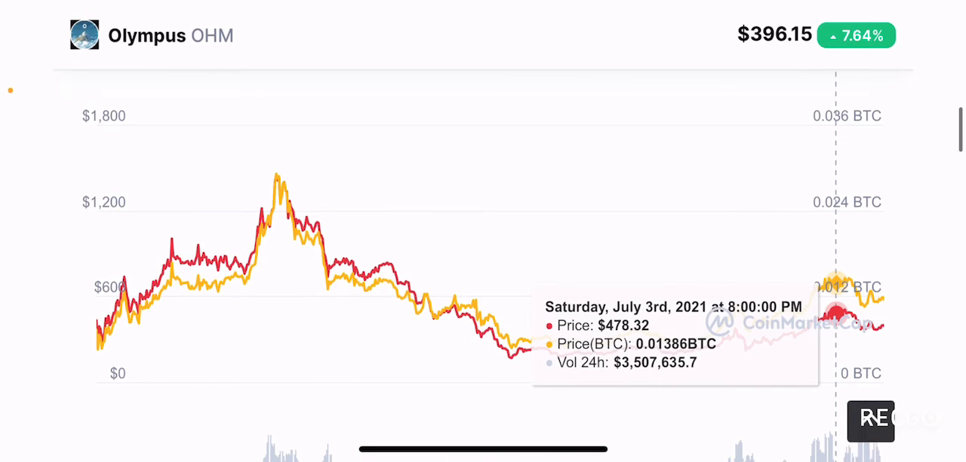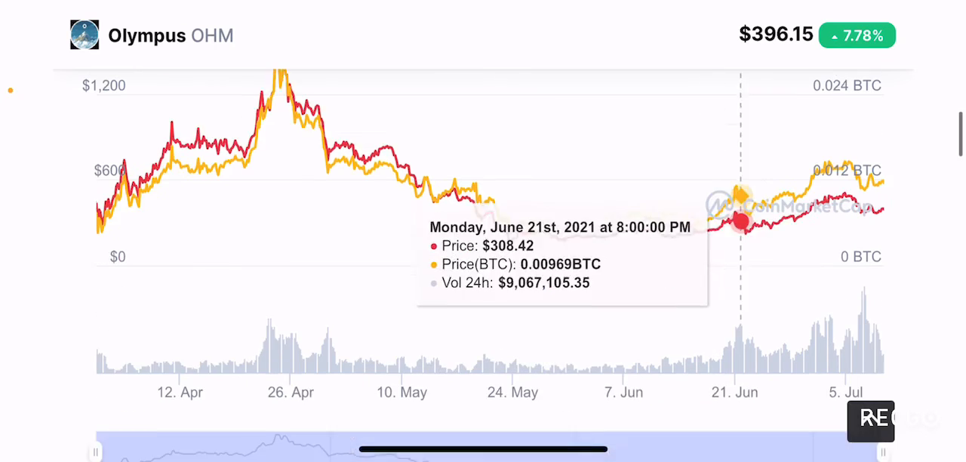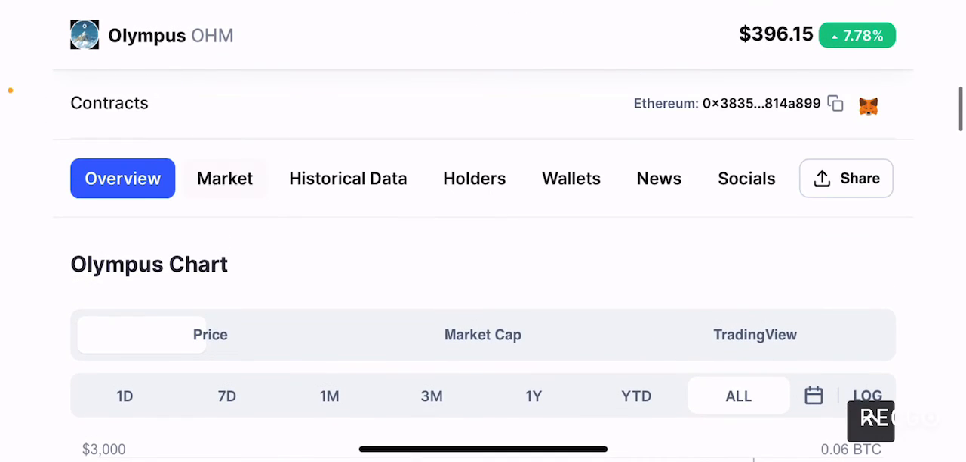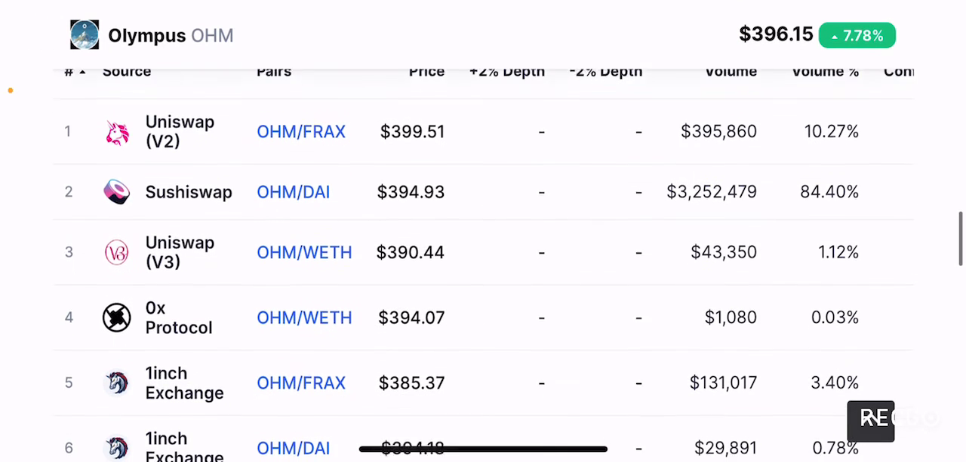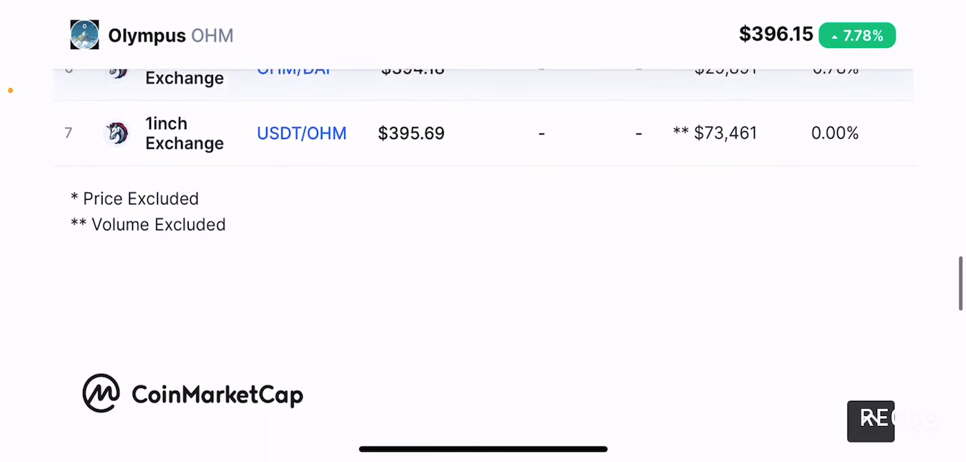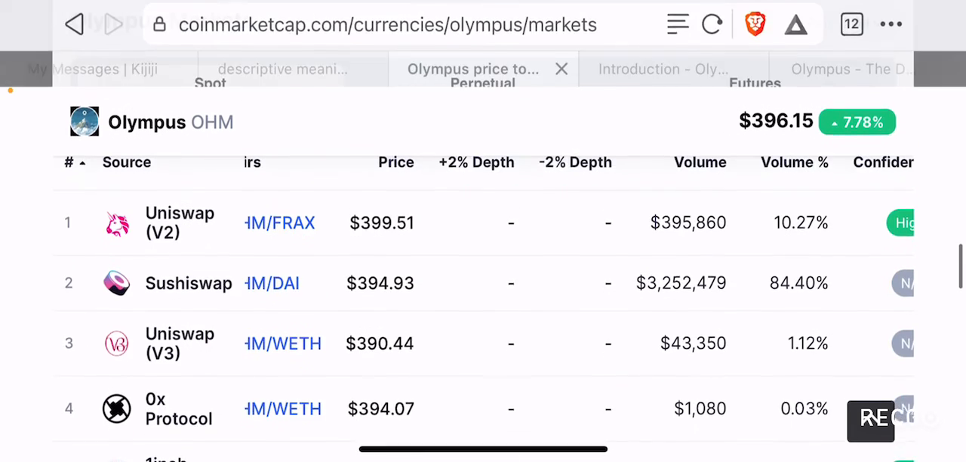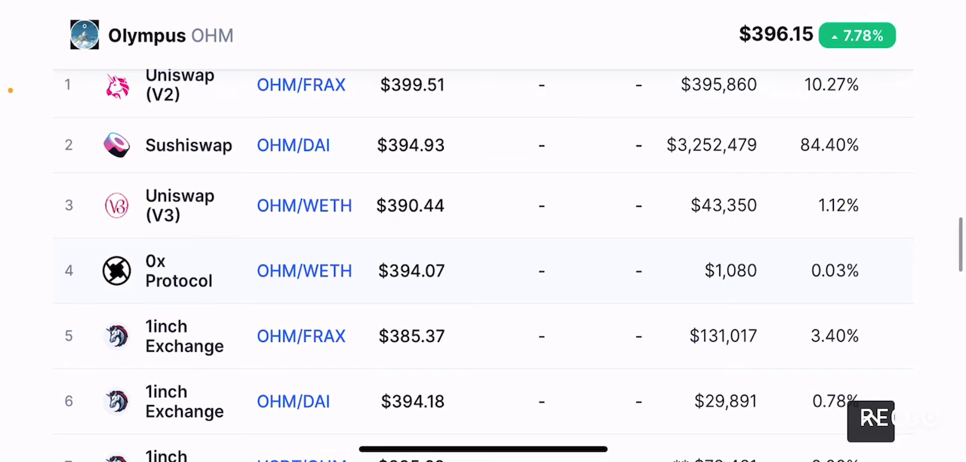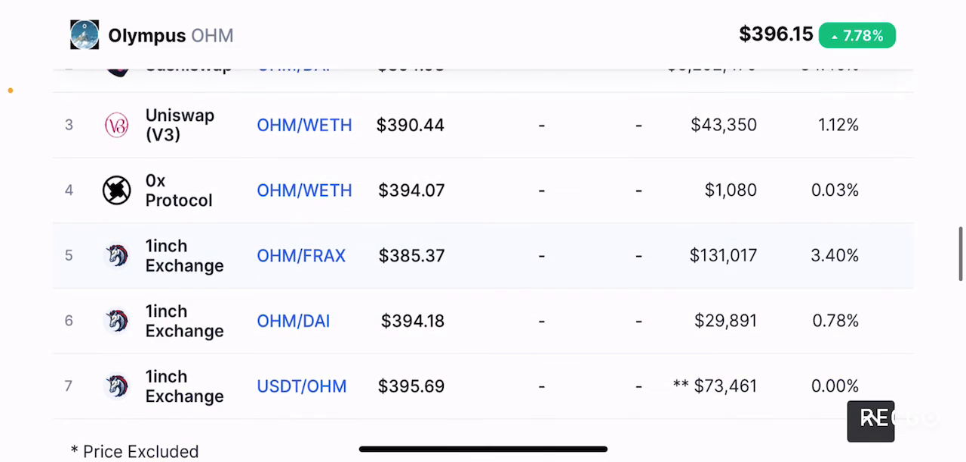But overall, it seems like it's a good buy opportunity for people who dollar cost average in, right? If you take the market where it's available, it's a relatively new token, therefore it's definitely available on Uniswap version 2 and version 3, and also on SushiSwap. You can also get it from 1inch, 0x, and that's pretty much it. You can only get it from decentralized exchanges, and it hasn't really been listed on any centralized exchange, which means